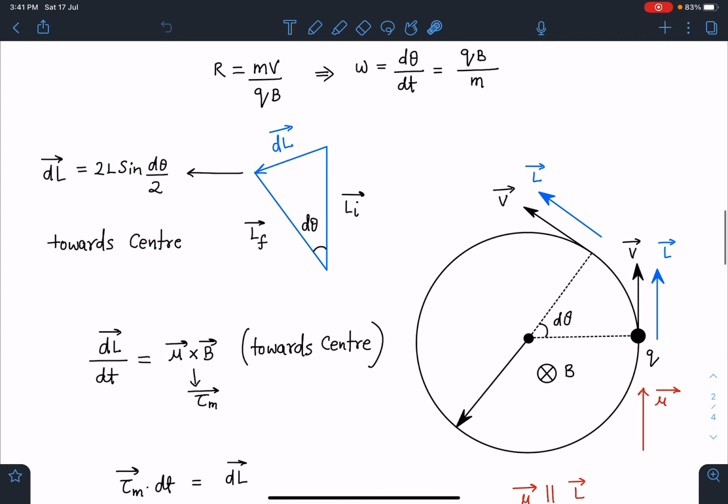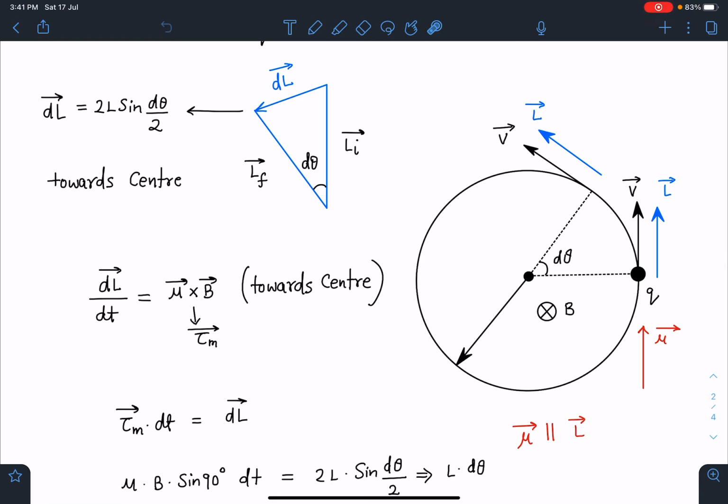Now, if we analyze the situation here, when the particle is entering into this magnetic field, the direction also is not given. So we will see what direction of this magnetic field can be. If I take velocity in this direction and I'm assuming the particle is moving in this circle, then q into v cross B vector has to come in this direction, so the magnetic field must be into the plane. That's how I'm taking, since I'm taking this charge as a positive charge and rotation as anti-clockwise, the magnetic field must be into the plane.